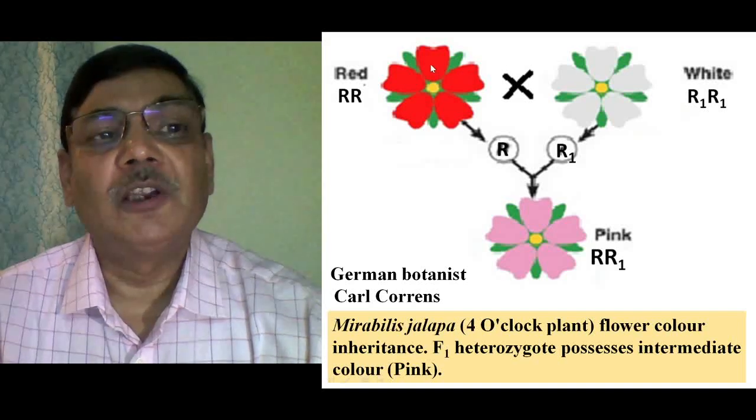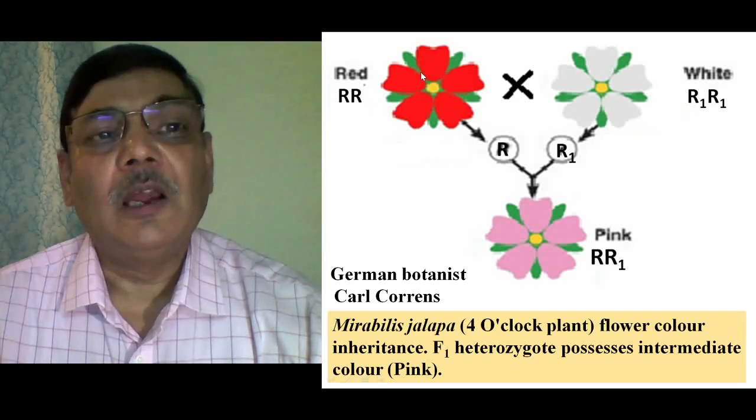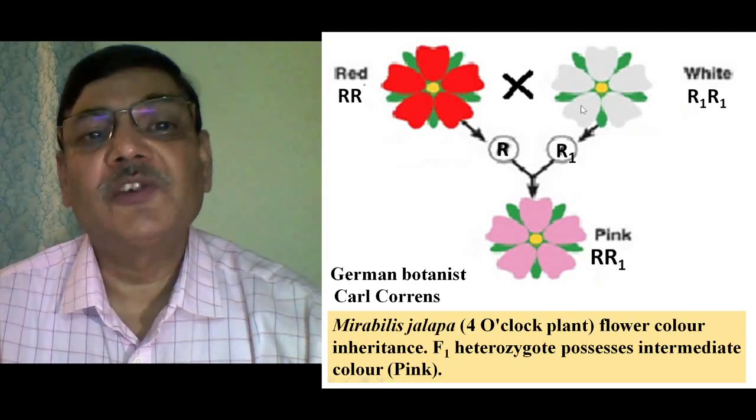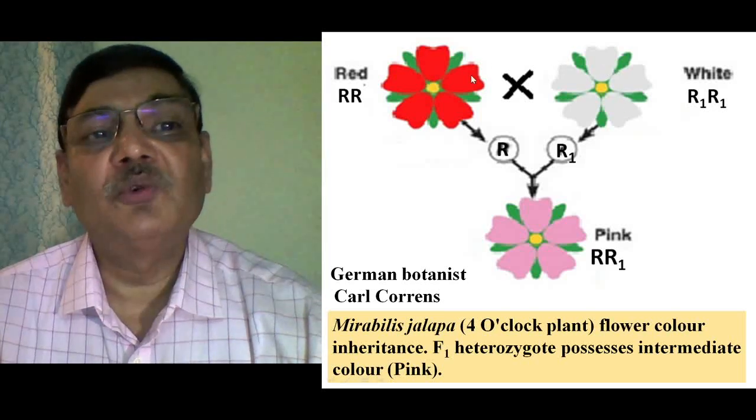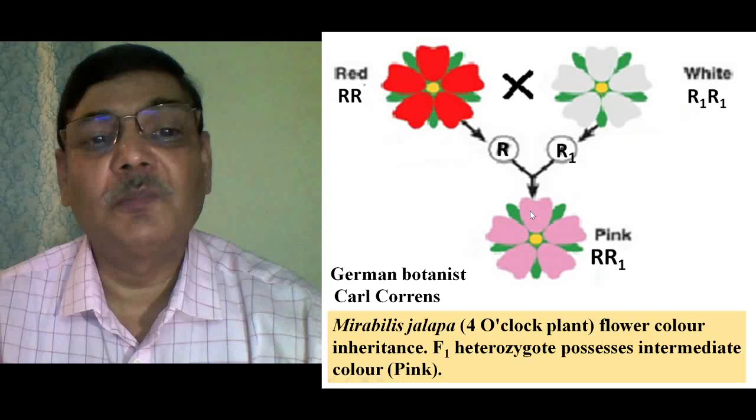What he found, that those plants which were bearing red flower color, they were actually pure breeding plants. It means when red plants were crossed among themselves, they always produced red flowered plants. And in the same way, white flowered plants, when they were crossed among themselves, they always produced plants with white flowers. It means these two types of plants were true breeding plants. But when he made crosses between red and white bearing flower plants, he found in next generation plants having pink